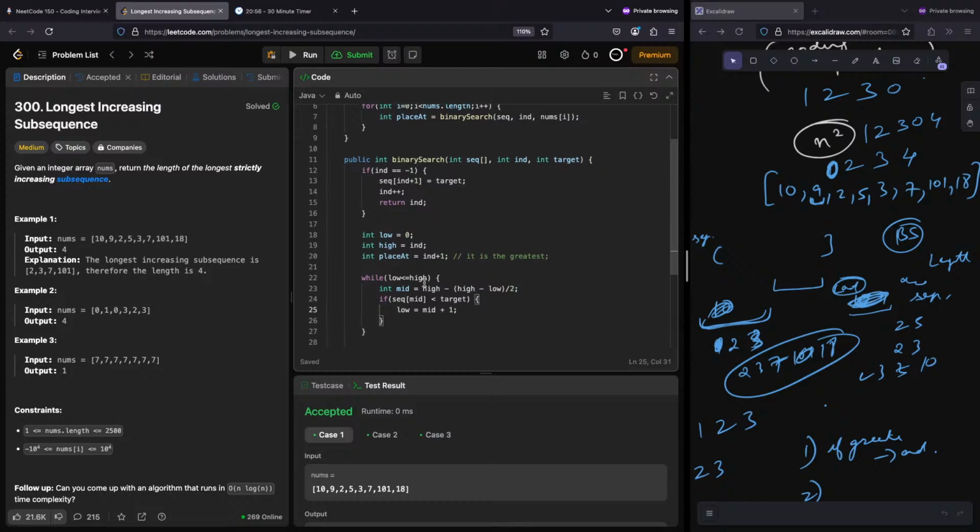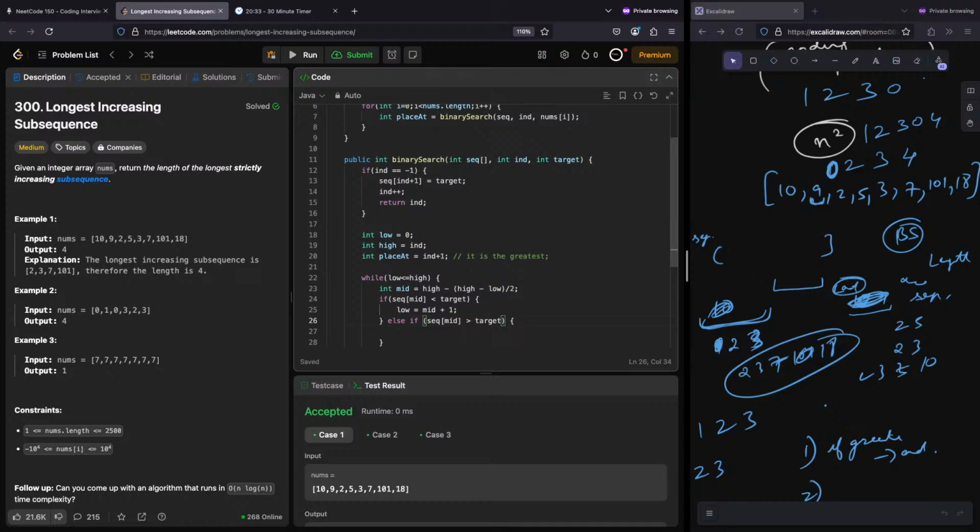Worst case, I'll never hit anything, so here I can say that the answer is going to be this. But else if sequence of mid is greater than target,